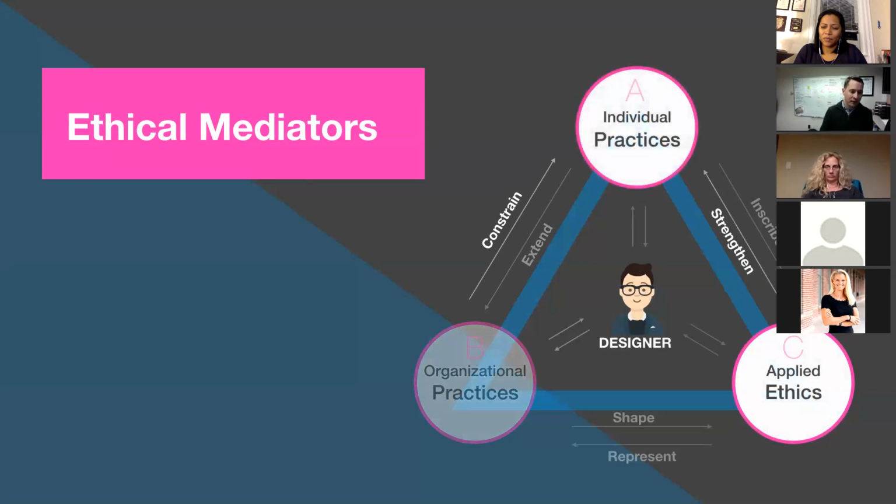We also found instances where applied ethics strengthened the individual practices. Similarly, in that same example, this designer was not only reading broadly from the psychology literature and the neuroscience literature, he was studying a lot of things about tech addiction in his free time because it was something that was interesting to him. And that was directly shaping his individual practices in ways that gave him better nuance and understanding about what kinds of decisions the firm might make, and also gave him a way to train junior designers to think about these kinds of issues in more robust ways.